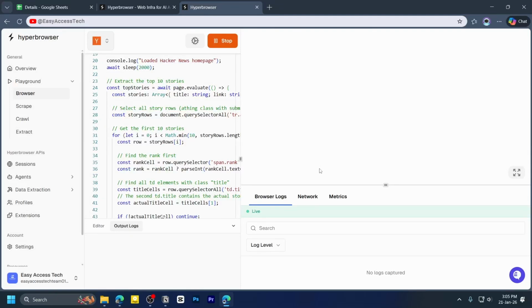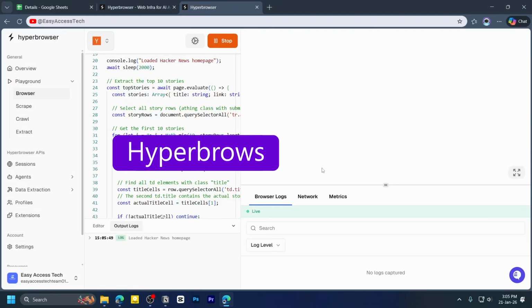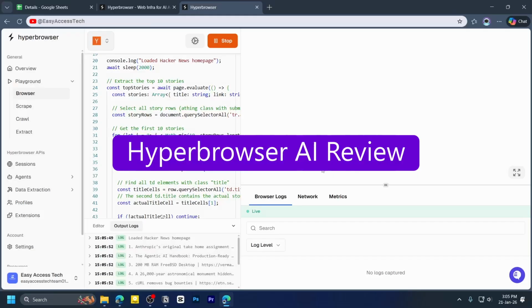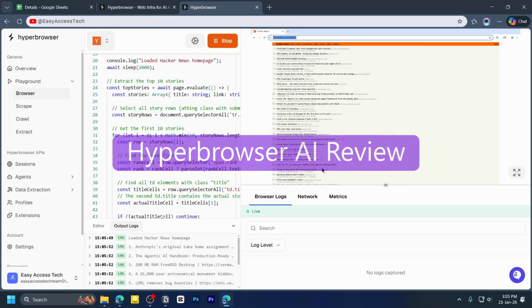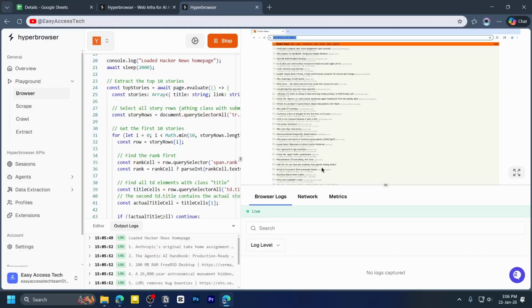Today we are going to review a very interesting tool called Hyperbrowser AI, a platform that lets you run hundreds or even thousands of AI-powered browsers in the cloud to automate the tasks that normally take a lot of time. If you have ever wished you could have many browsers working at once to collect data, test websites, scrape the information, or run repetitive online tasks, Hyperbrowser promises to make this easy by using the power of cloud